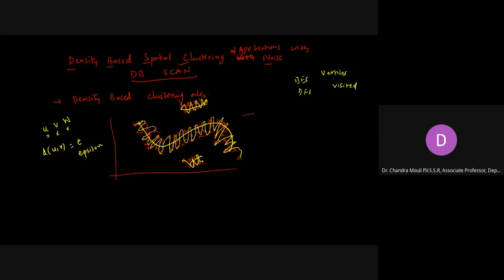And once it is done, it will check whether there are still more vertices or not. At some point of time, it will cover all the points, and when it checks that there are no unvisited points, the algorithm eventually stops. So this sort of thing, we call the DBSCAN method, which is a very efficient method